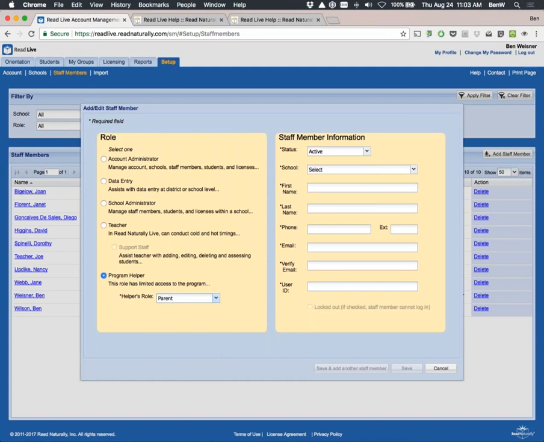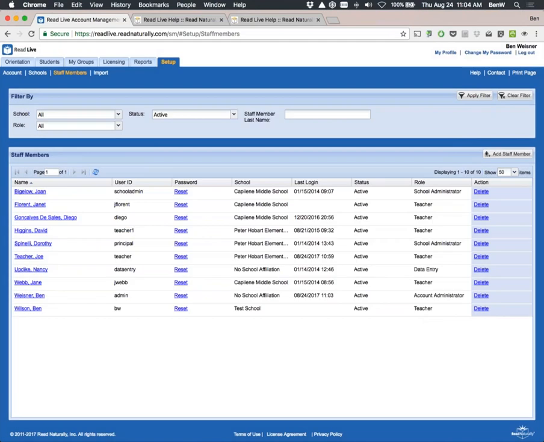You can add a parent as a program helper, which allows the parent to have a password to listen to the student read in the cold timing and past timings, but does not allow the parents to get into the teacher module to look at reports, manipulate data, look at other student records, etc. So it's a very limited capability if you want to allow parents to work with their child at home, or if you have in-classroom volunteers who would have limited roles in working with students in the classroom, but would not need to get into the teacher module.